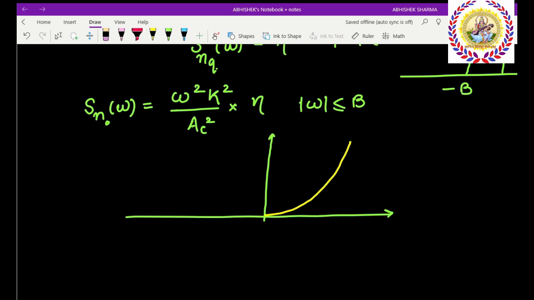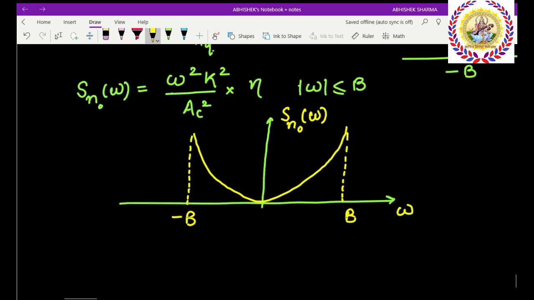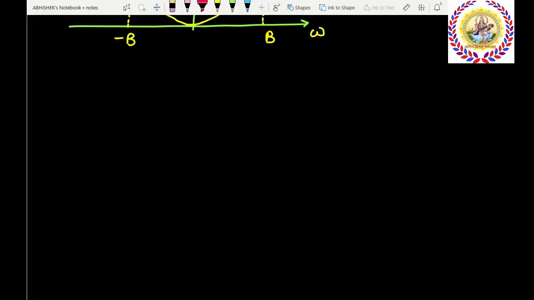It looks like a parabola, which follows the equation x squared is equal to y upon 4a. So the graph will look like this from minus B to plus B. The scale is omega and this is Sn naught omega. Now as we have Sn naught omega, which is the power spectral density, we can calculate the output noise power,